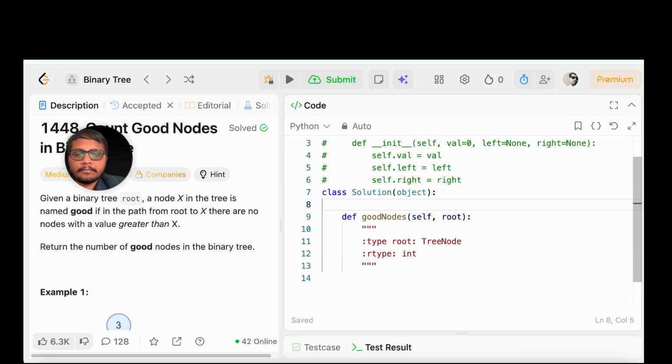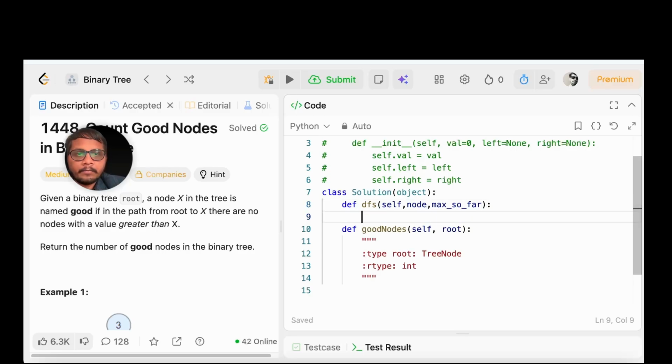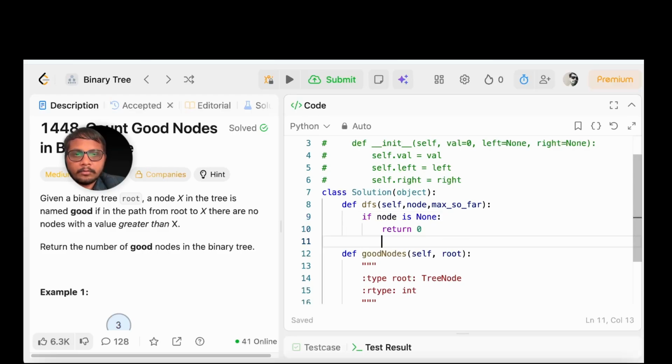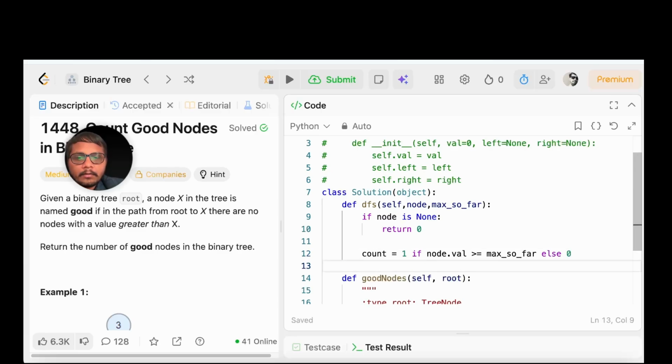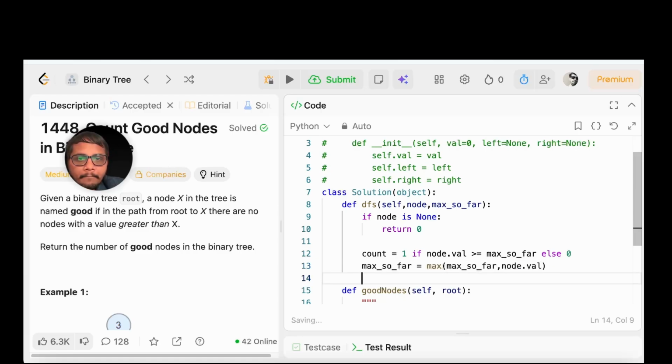So let's write this DFS function. So def DFS, we will have self, node, max so far. If node is none, return 0. Otherwise count is 1 if the current node's value is greater than or equal to the max we have so far, else 0. Otherwise update max so far. Update max so far, and then in self dot count add the left subtree answer and the right subtree answer,